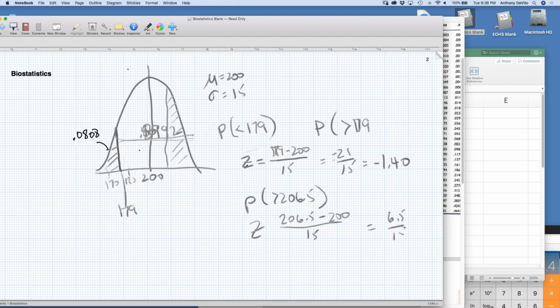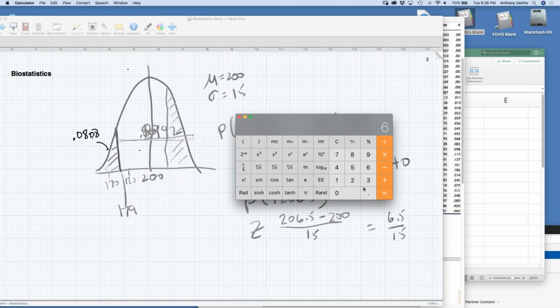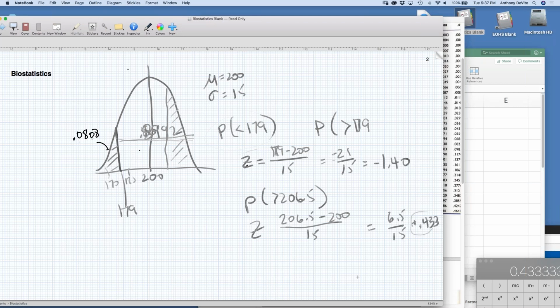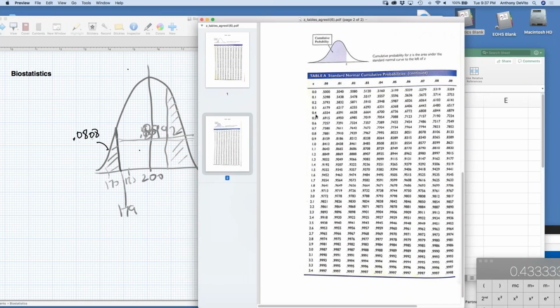6.5 over 15, which is equal to, let me get a calculator again, 0.433. That's positive, plus 0.433. Okay, that's our z-score that we're interested in. Well, what area does that represent? Let's go to our z-table, to the positive side this time. 0.04, and what was it again? 0.433,